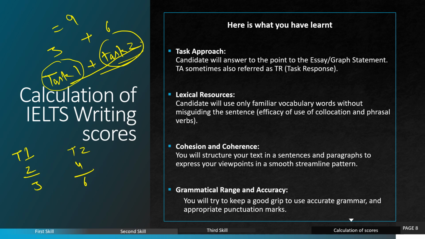So 2 plus 4, it would be equal to what? 6. So overall you will get 6 bands in this case. So this is all about